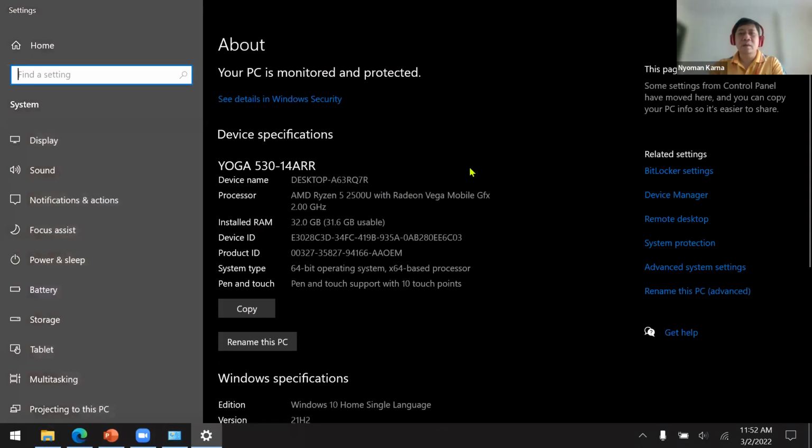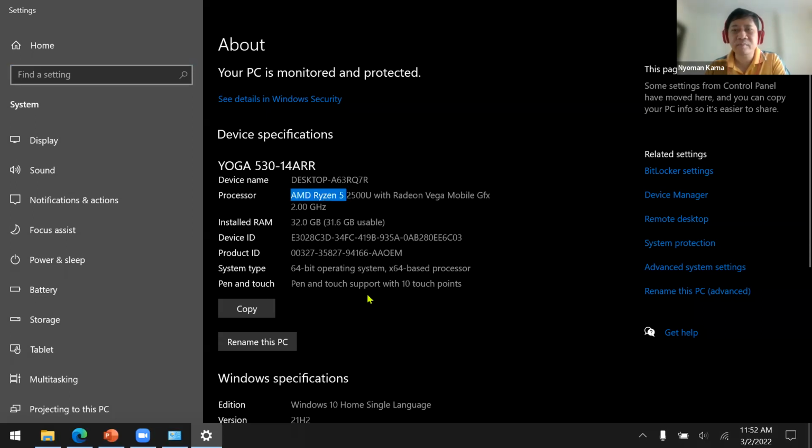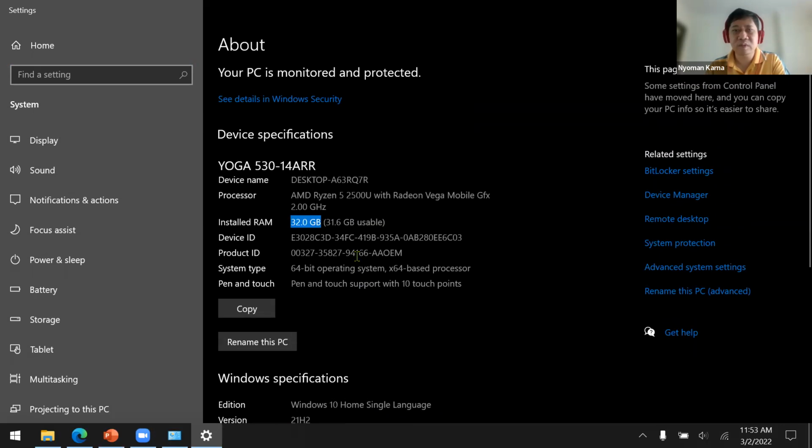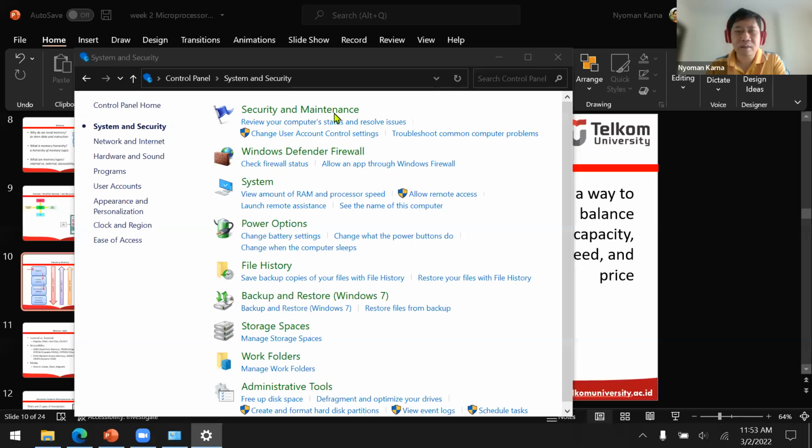So it said that my laptop has the processor of AMD Ryzen 5, and then it has 32 GB of dynamic RAM, and then what else? It's only this information.